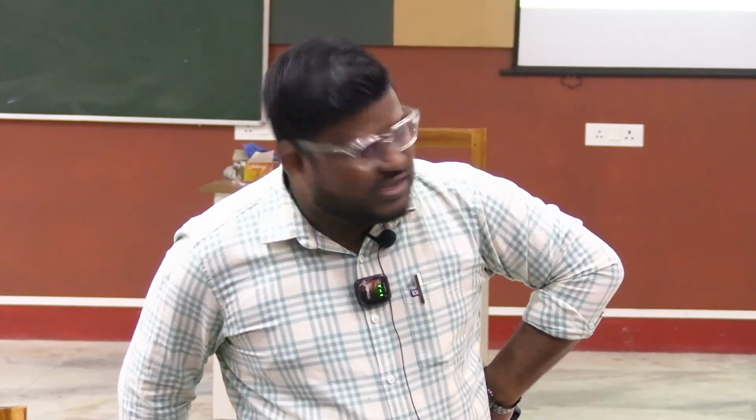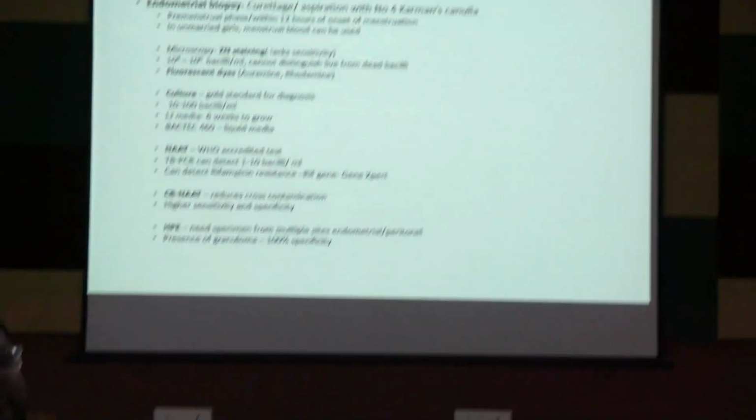লিকুইড মিডিয়াটার নাম কি? ব্যাকটেক 460. That is a liquid media. It gives me a diagnosis by how many days? এলজে মিনিমাম 4 সপ্তাহ একবার গ্রোথ দেখা হয়, তারপরে 8 উইকসে দেখা হয়। ব্যাকটেক কারেন্টলি ব্যাকটেক 460 ইউজ করা হয়। ইট টেক্স অ্যারাউন্ড 9 days, ঠিক আছে? দ্য ফার্স্ট রিডিং ইজ গিভেন বাই 9 days and it is called negative if there is no growth by 6 weeks. আবার number of bacilli 10টা থেকে 100টা per ml has to be there in order to be culture positive.